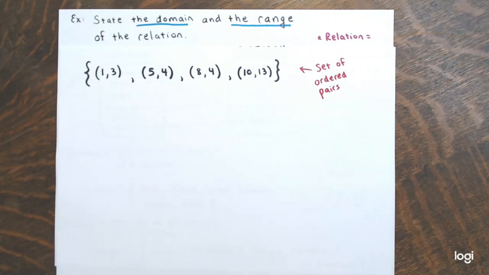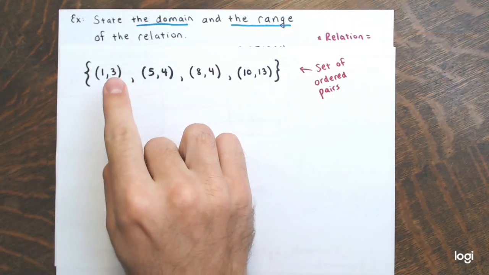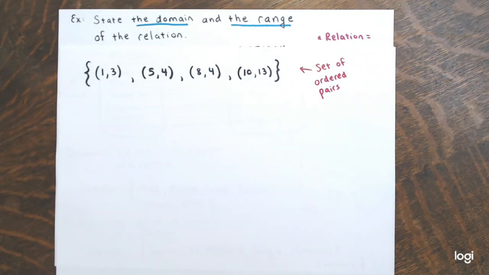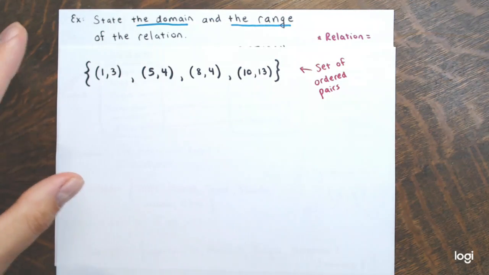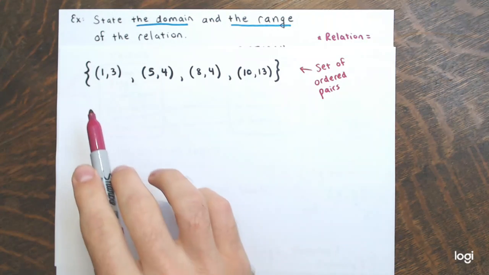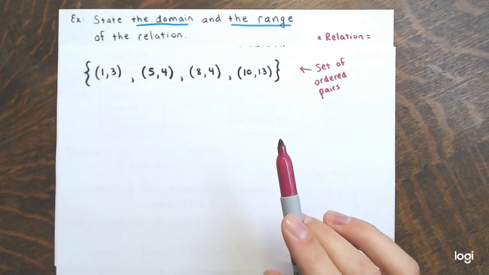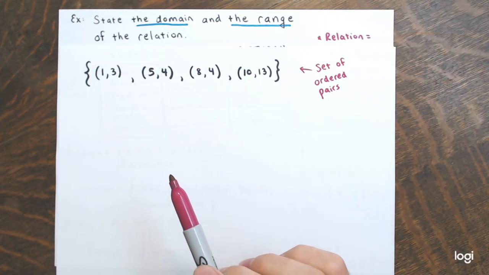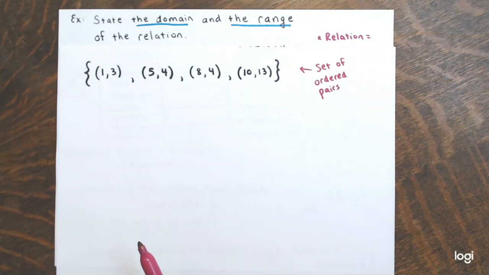Okay, that's another way to represent a relationship between a set of numbers. Now these are all numbers here, not names and dates like the previous example. So here's a relation between one set of numbers and another set of numbers. Because there are only a finite, countable number here, very small actually, only 4 ordered pairs,